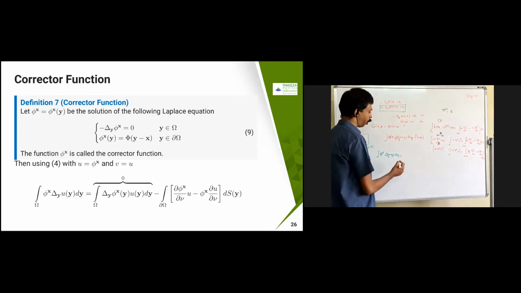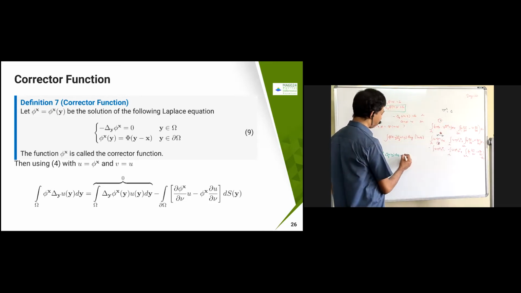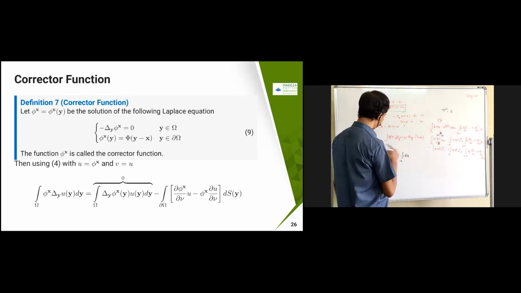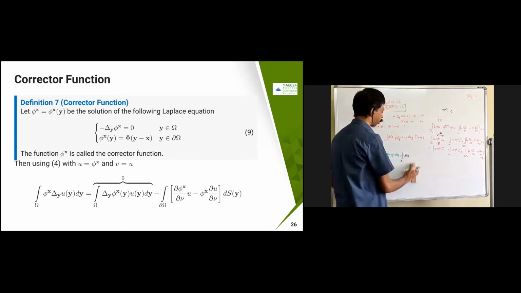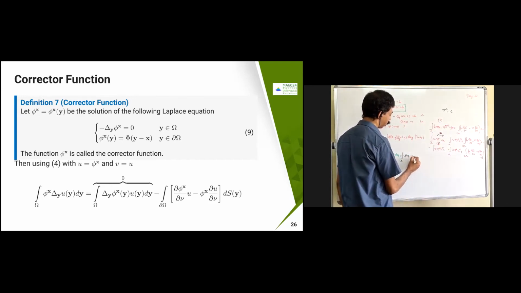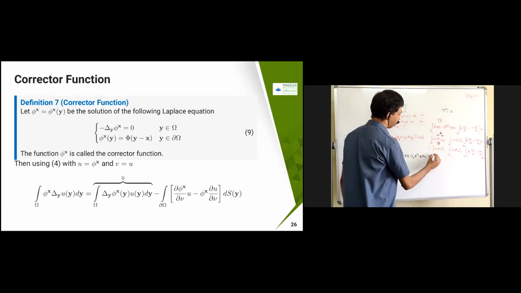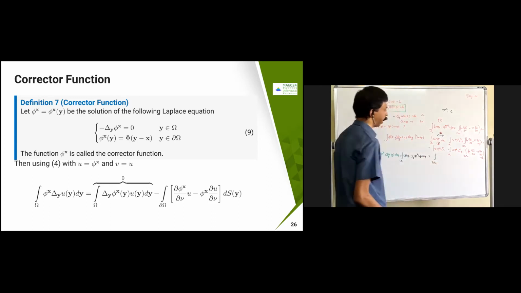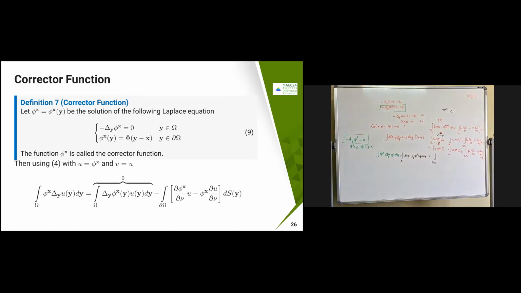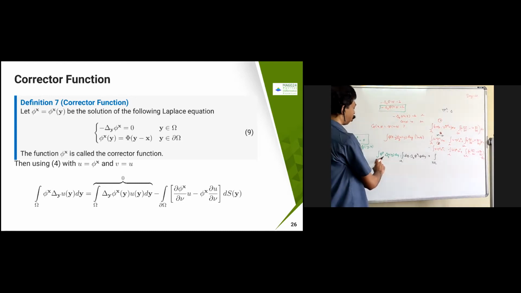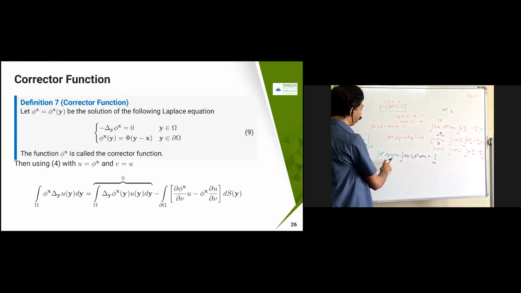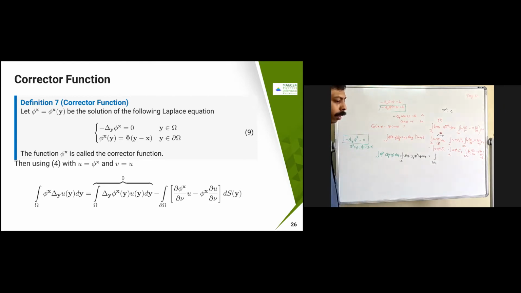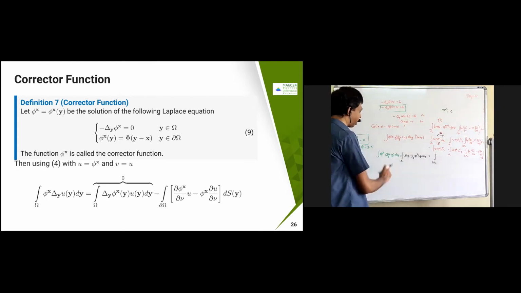So this identity is going to tell you that you are going to get u of y, integral over omega u of y. So this is going to be derived over there. So we are going to get delta y, or del square y, of pi x of y dy plus the boundary of omega. So u is nothing but pi x, and v is nothing but u of y.